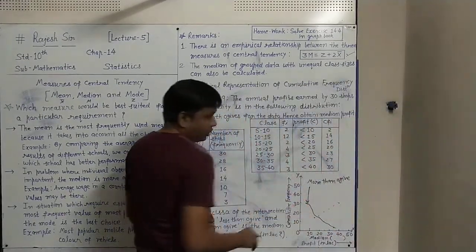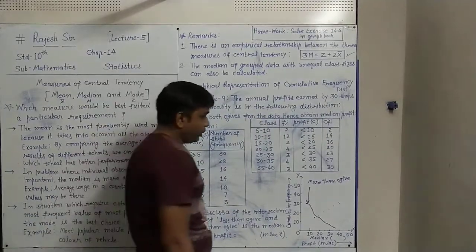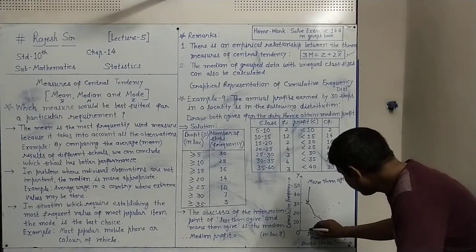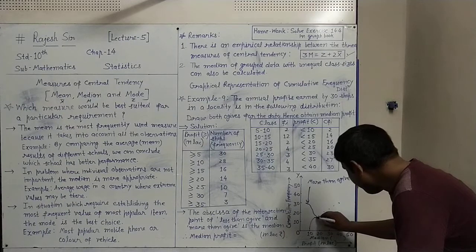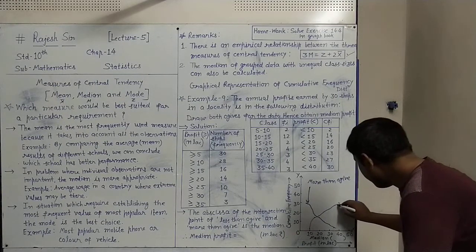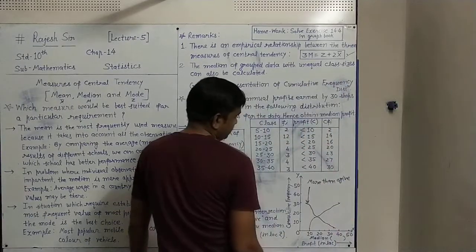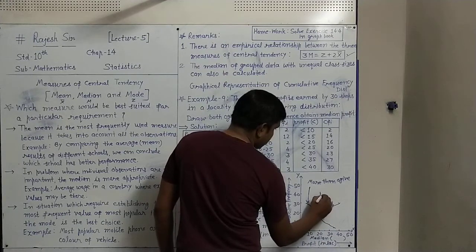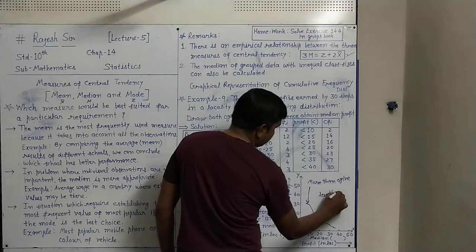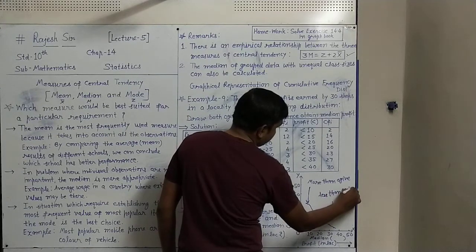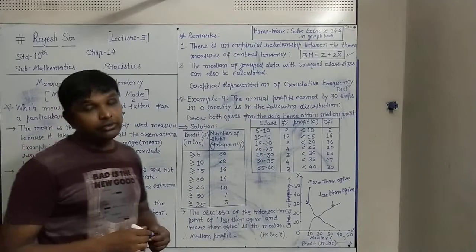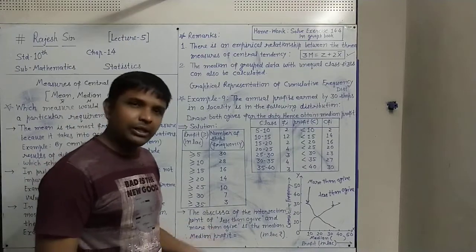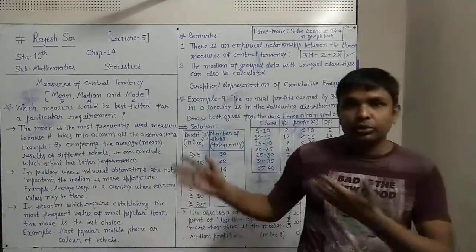So this way all the points are plotted. Now here also we have to join the points and make the curve without lifting the pencil, one time only. So if I go this way, this curve is called less than ogive. This is less than ogive. Okay, so both the ogives we have drawn. In questions you may be asked only one type of ogive to draw, so you have to draw that one type only. If you are asked both the types, you have to draw this for both the types.